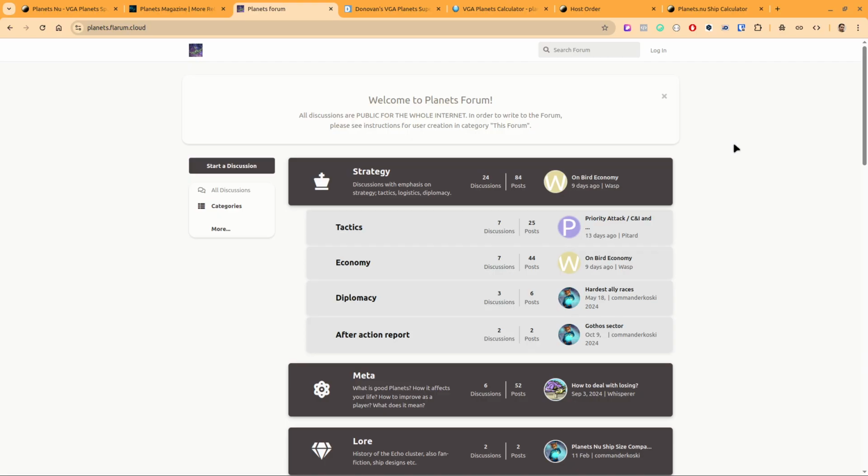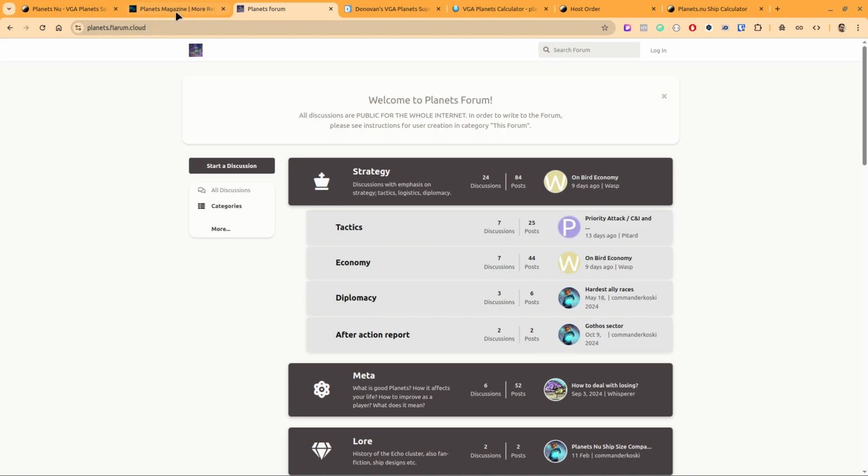And for that, one of the players at planets.nu, his name is Commander Koski. I think he is from somewhere in Scandinavia. I'm sorry, Mr. Koski, if I don't exactly know where. Finland, Norway? Can't remember. However, within his spare time, he had the idea, I want to build a forum. At some point of time, he had enough time, and then he just did it. So he built this great forum. It's called